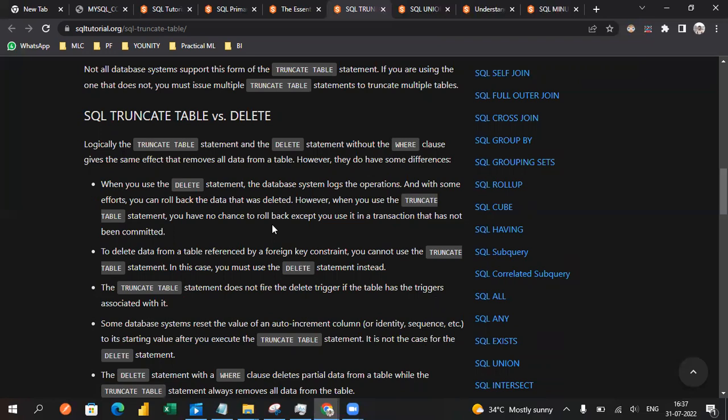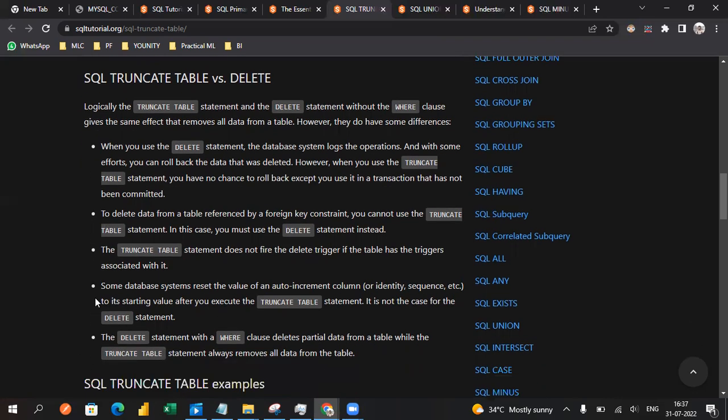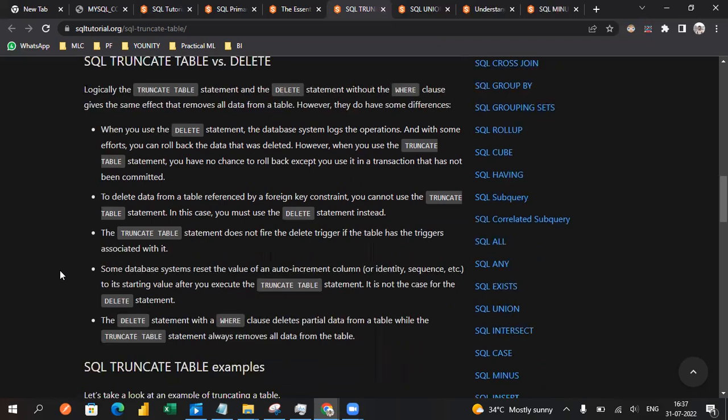But delete will log the operations also, so you can roll back the data that was deleted. And if the table is referenced by a foreign key, you cannot use truncate, and you must use the delete statement instead. And also the truncate table is